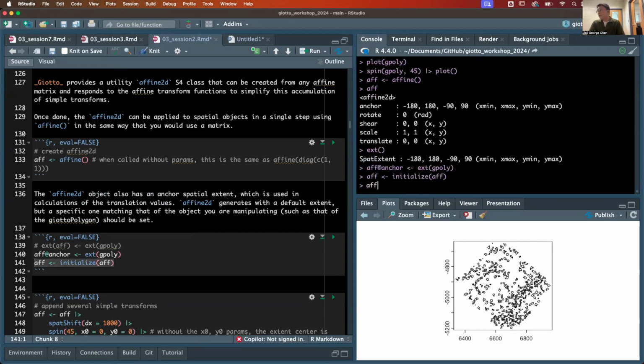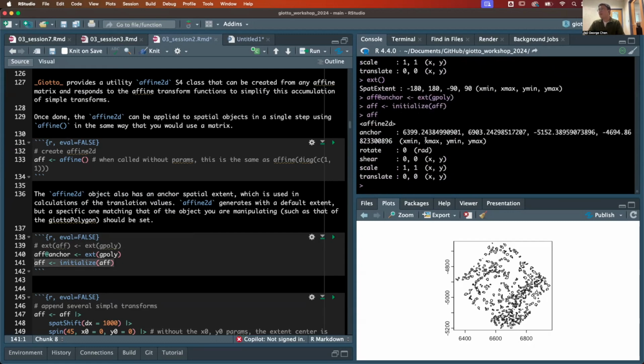After I've just done that, this is what that looks like. So I have an anchor, which is like anchoring a spatial extent. It's now mapped to my Giotto polygons information. And it starts out also showing you a couple of values over here. These are basically just decomposed simple transforms. So you can perform these transforms in this particular order in order to do the exact same thing